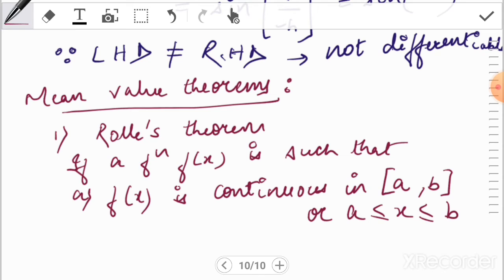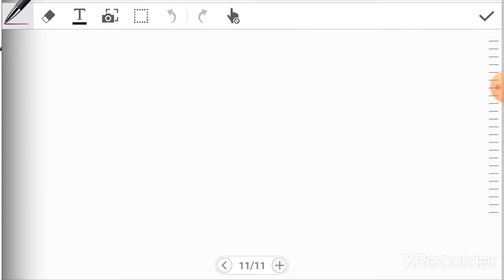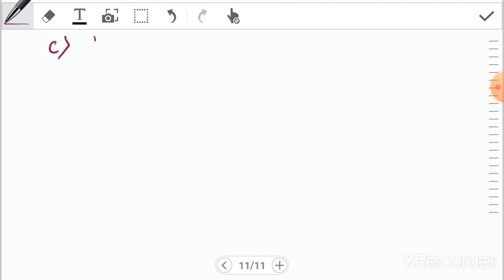So the next condition is if f'(x) exists, meaning f(x) is differentiable in the open interval (a, b), or a to b, and the third condition is if f(a) is equal to f(b), then there exists